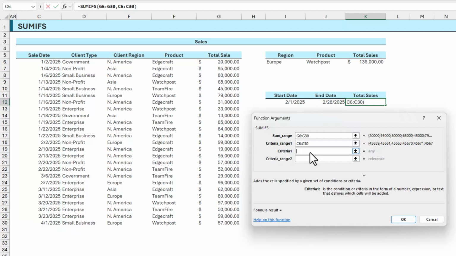And criteria 1 is, as we talked about earlier, quotation marks, greater than or equal to, close quotation marks, ampersand, and we click on the start date. So the start date is smaller, 2/1 of 2025. So we want things that are greater than that date, after that date. We see that comes to